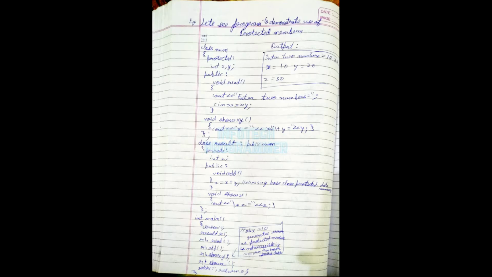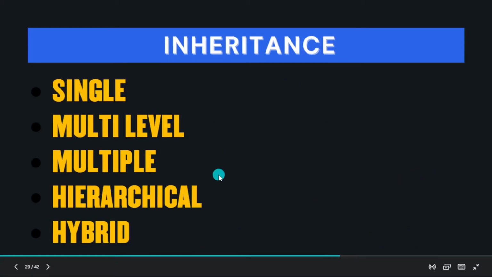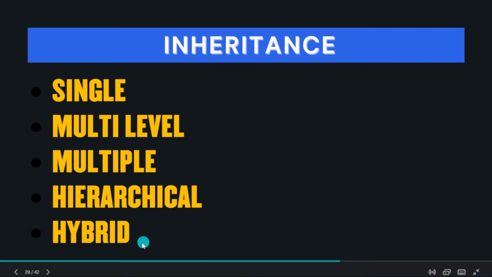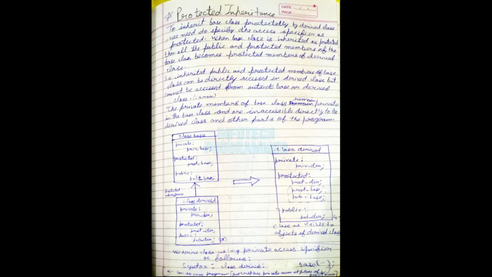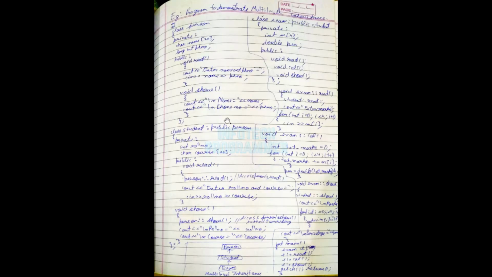But this is not the only thing that you have to learn in inheritance. The main thing is the types of inheritance, that is single, multi-level, multiple, hierarchical, and hybrid. So there are different types of inheritance that you have to learn, and these are very helpful because they also come in your university exams, and these are very easy to learn if you follow my notes here, because I had explained each and everything very properly by showing the diagram and explanation along with the programs of that.